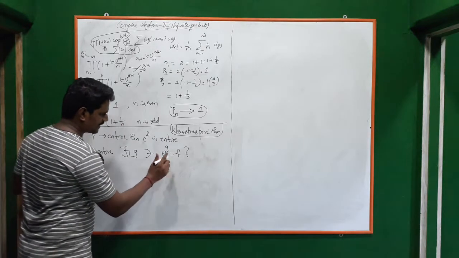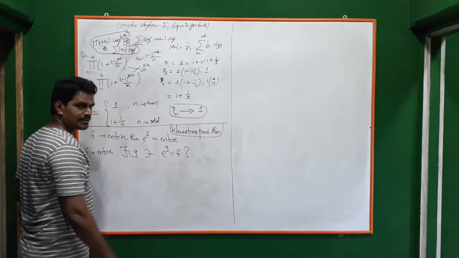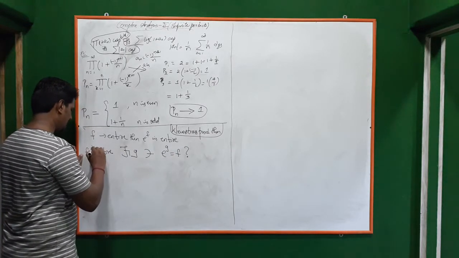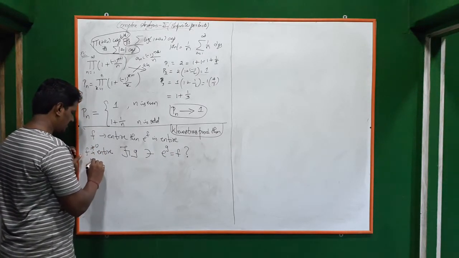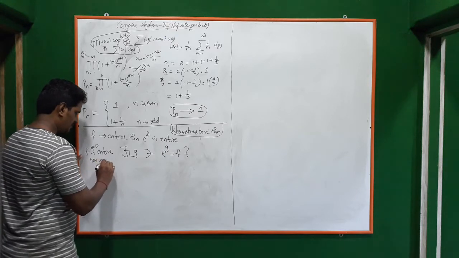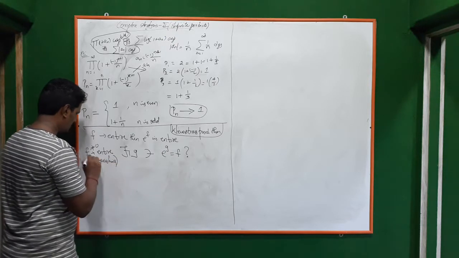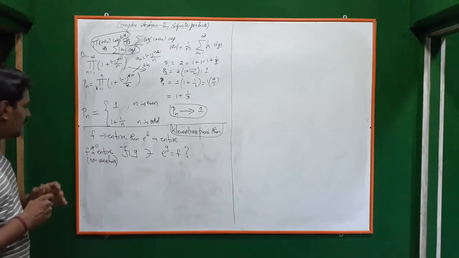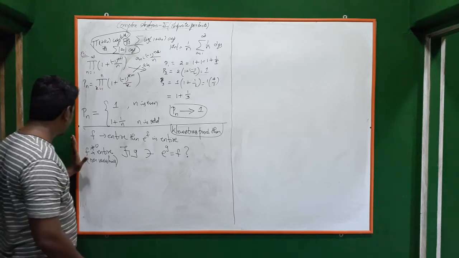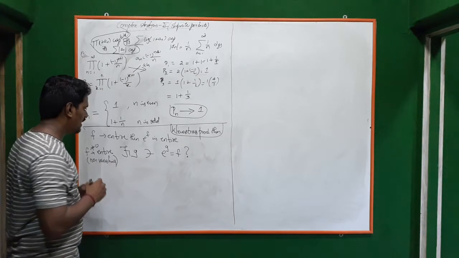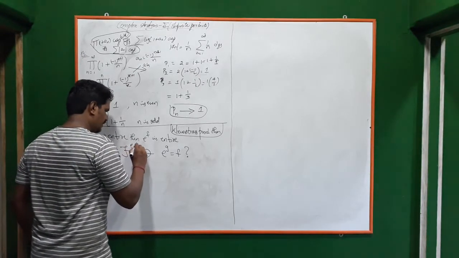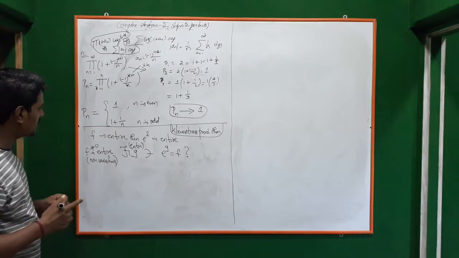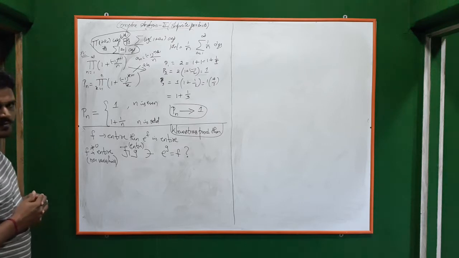If this is the case, we know that e power x is never 0, correct? So what property should f have? f should be never 0. That means f is a non-vanishing entire function. For any non-vanishing entire function f, there is always an entire function g such that e power g, the exponential of that function, is your f. This you have to prove.